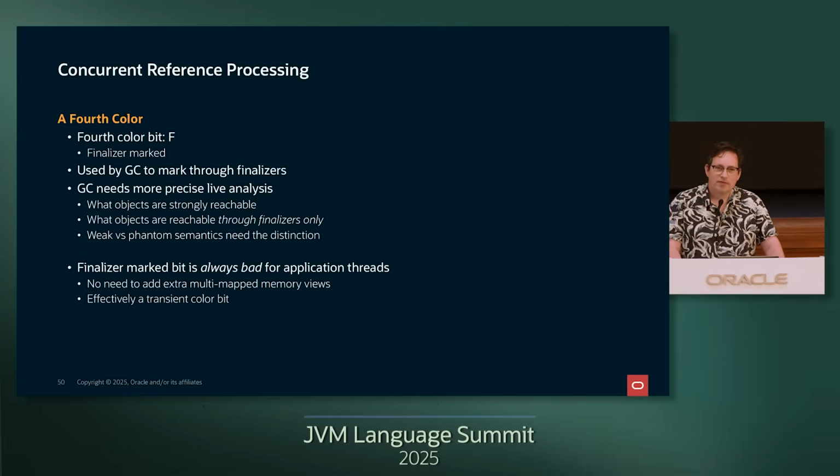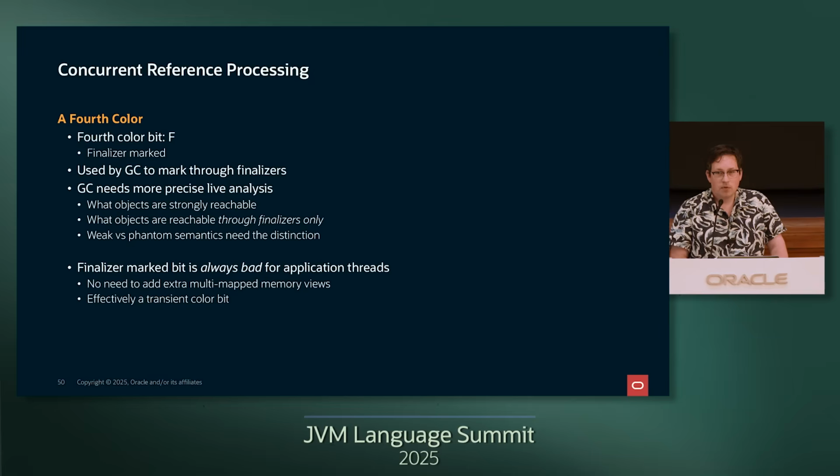So these 3 colors weren't really enough for non-generational ZGC. As we started looking at concurrent reference processing, it turned out that finalizers were very fun to deal with. In order to implement phantom reference versus weak reference semantics correctly, the GC needs to distinguish whether an object was reachable from strong roots or only from a finalizer. And in order to deal with this, we had to add more colors to the pointer to represent whether an object is being marked through a finalizer or through a strong reference,